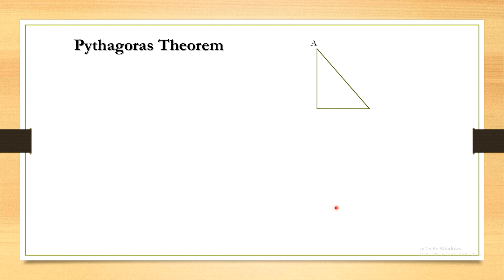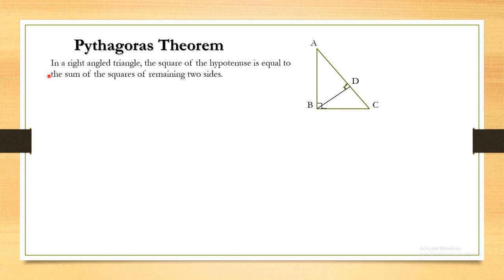Now this theorem will be applied to prove the Pythagoras theorem. Pythagoras theorem is applied only to a right angle triangle. Suppose triangle ABC is given, angle B is 90 degrees, AC is the hypotenuse. Draw an altitude from angle B on the hypotenuse, and name it point D. So the statement of the Pythagoras theorem, we know that. Given in triangle ABC, angle ABC is 90 degrees. We have to prove that AC square is equal to AB square plus BC square.